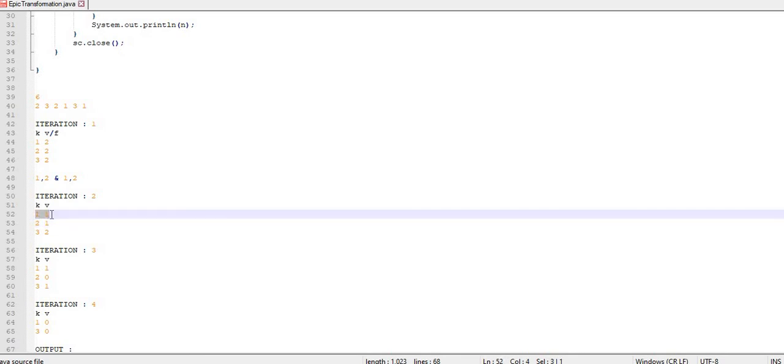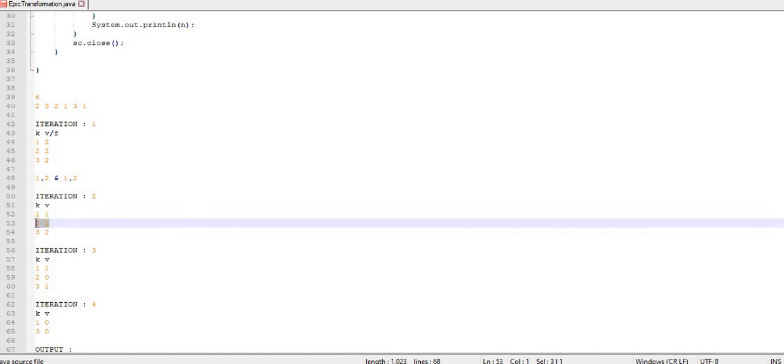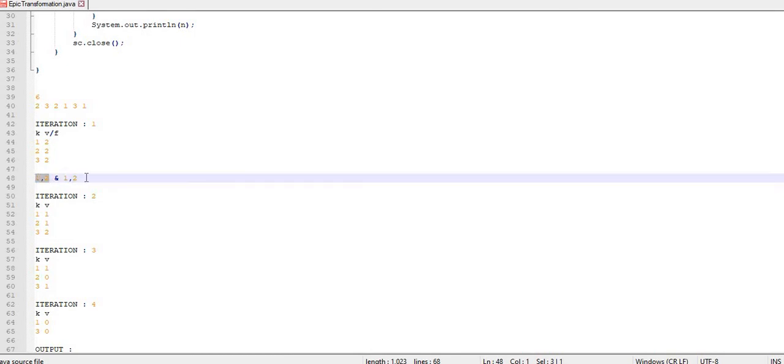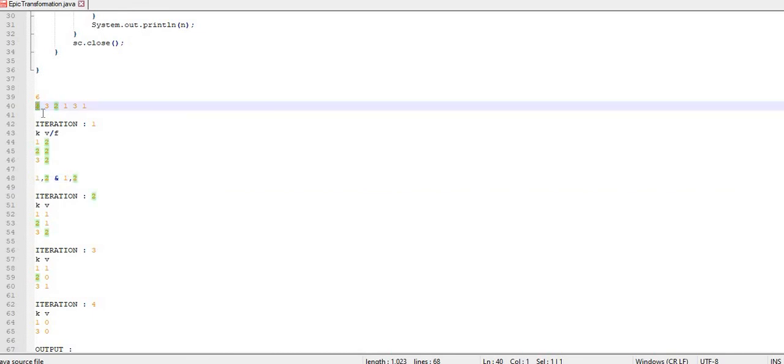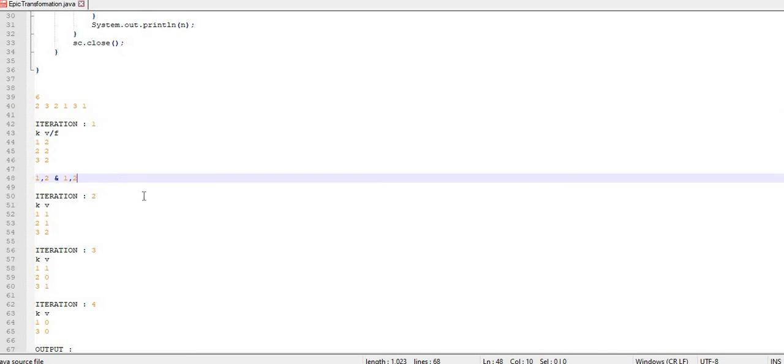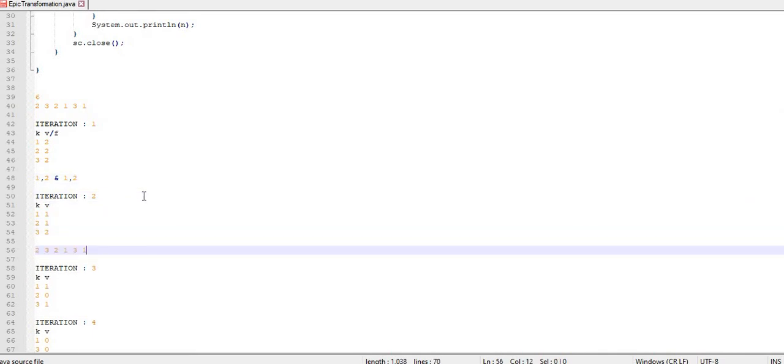So 1 is left with 1 because it is reduced by 1. Same case for the 2, it is reduced by 1, so now the frequency of 2 is 1, because we have already deleted one copy of 1 comma 2 from the array. You can consider this one removed, or instead I can print it over here. So if I delete this one and this first 2, this is my array now.